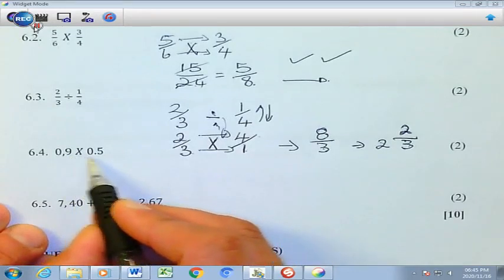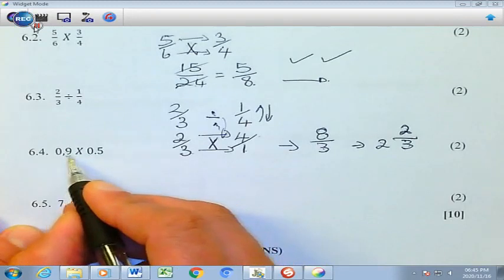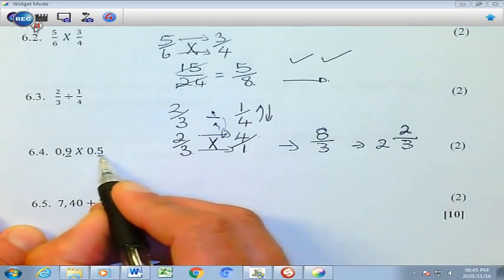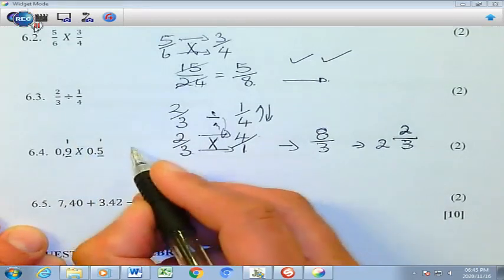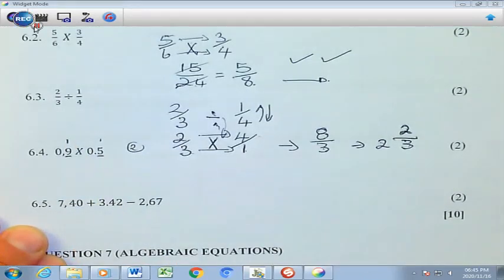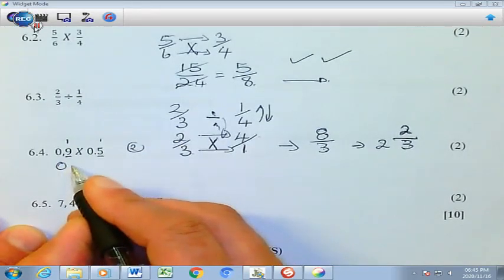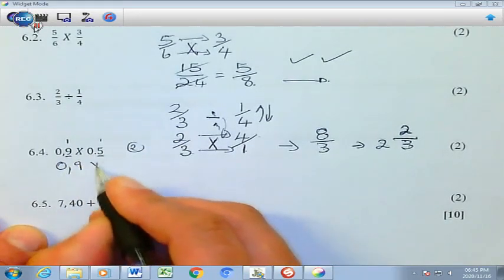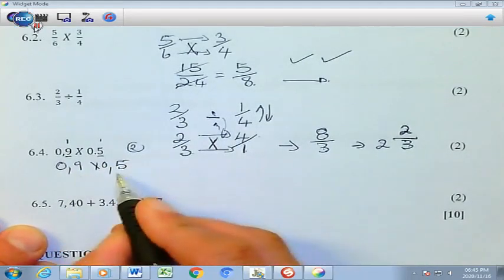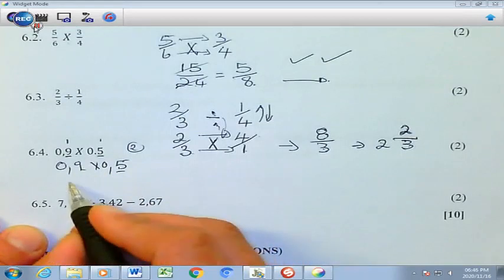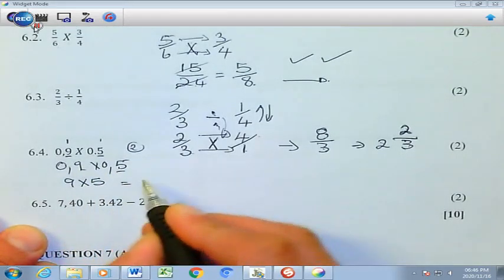0,9 times 0,5, very easy. You look at how many spaces are taken up by both. So there's one and there's another one, so there are 2 spaces taken up. And then you remove the comma. You just write the sum down, 9 times 5, like that. And then there are 2 spaces taken up. Then you say 9 times 5, which basically gives you